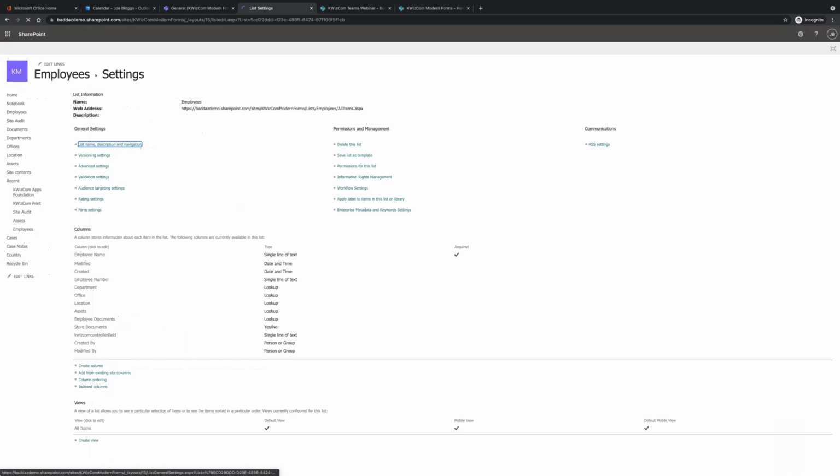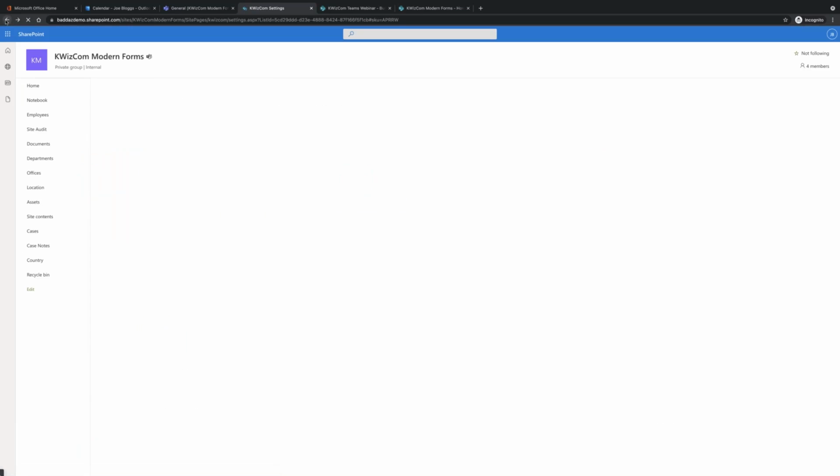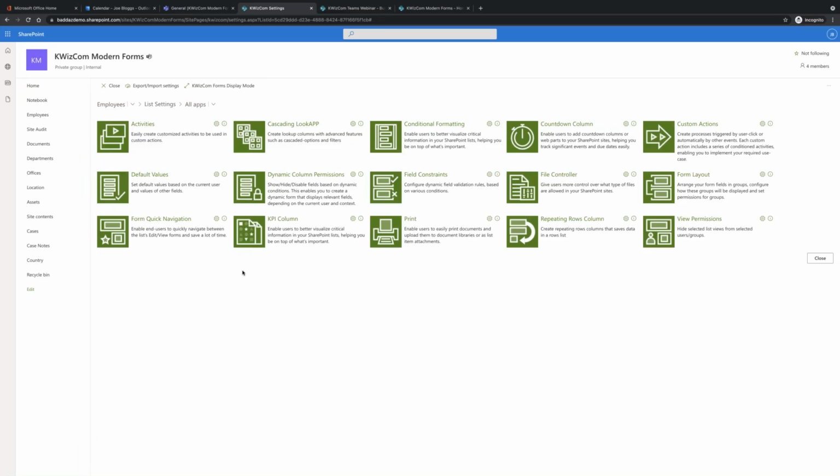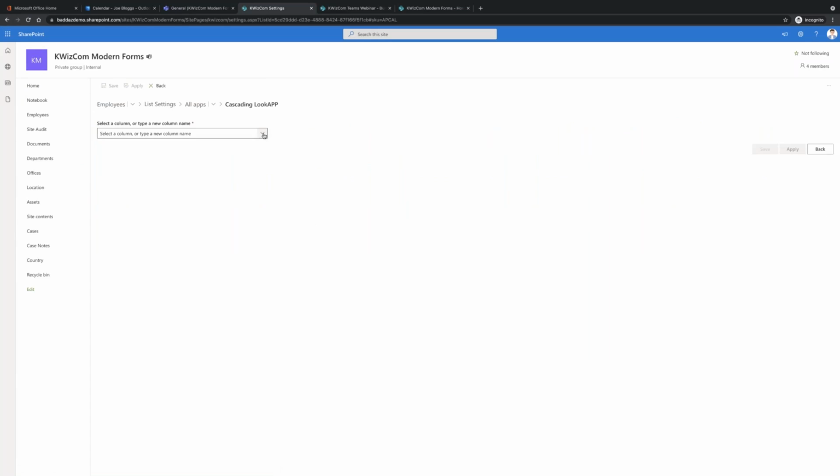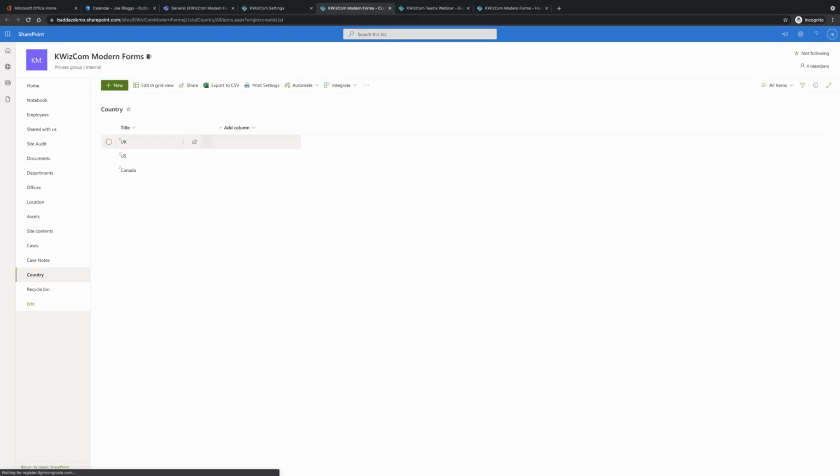What else can I do? I can come in here and I can look at cascading lookup columns. So if I want to add columns which link together, I can do that as well. So let's see another example of that in action. I've got a list here called countries,